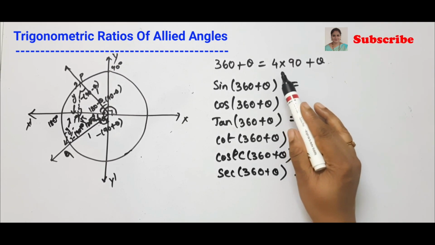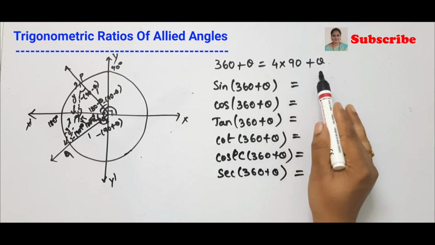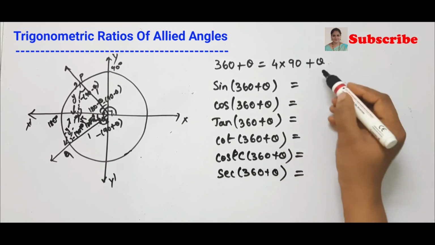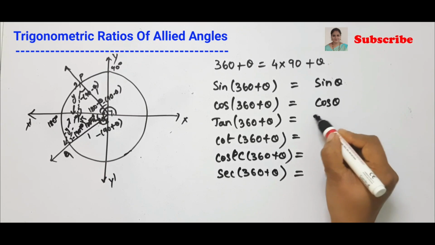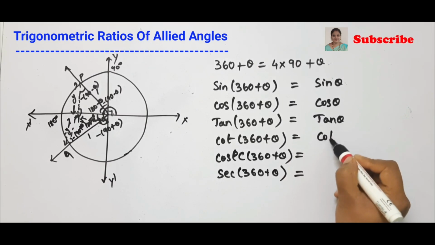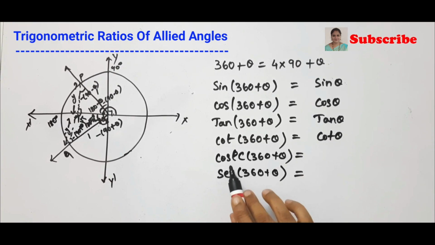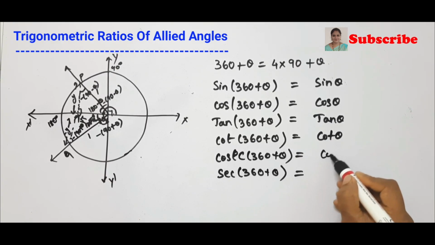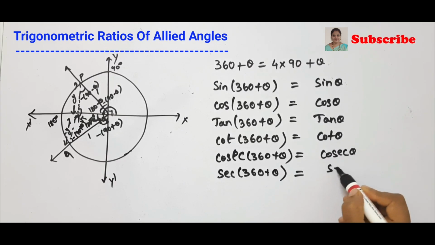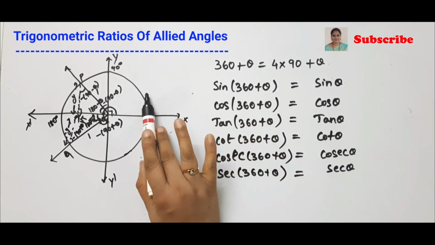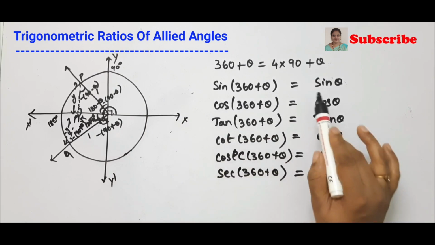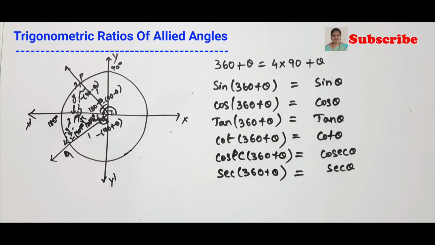As we learned, here if you see an even number into 90 plus theta, the trigonometric ratios remain the same. So simply write down the trigonometric ratios, that is sin theta, cos theta, tan theta, cot theta. The trigonometric ratios will not change. So we have to write the trigonometric ratios the same as here. So this will be cosecant theta. This will be secant theta. Now 360 plus theta means it will be in the first quadrant. In the first quadrant all are positive. So all will be positive. We should not keep any negative sign. So in 360 plus theta, trigonometric ratios remain the same and all are positive.